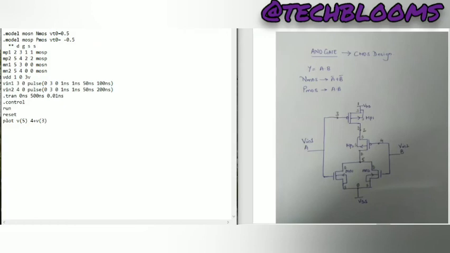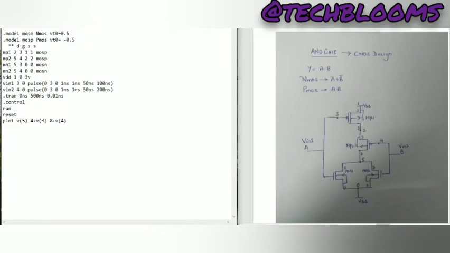So this is my input signal which will be above the output signal, so that it will be easy for you to understand. When you compare Vin1 and Vin2 with the output, it will be easy because the output will be at the bottom and the two inputs will be on the top. So 4 plus V3, meaning at the fourth level you will get your Vin1, sorry, understood. Then similarly 8 plus V of 4. So your input has been plotted.